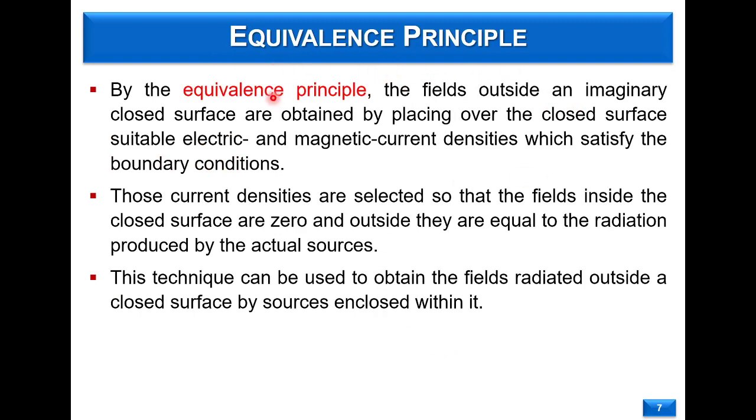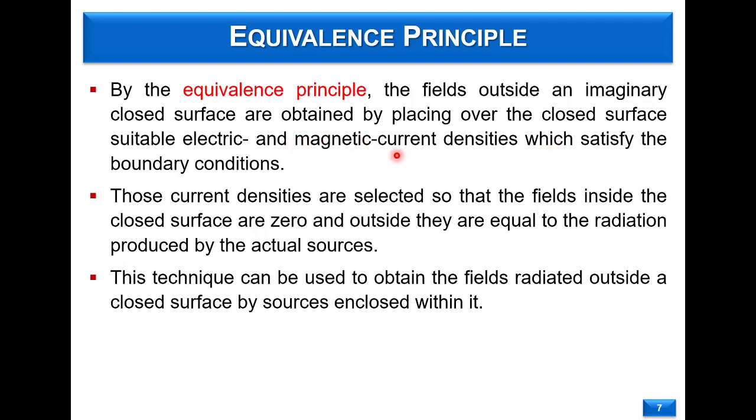The equivalence principle, which is based on the previous two principles, Huygens principle and uniqueness theorem, is stating that the field outside an imaginary closed surface, any closed surface surrounding a certain volume, is obtained by placing over the closed surface, which is the boundary, suitable electric and magnetic current densities which satisfy the boundary conditions. So we know that the surface electric current density is related to the tangential magnetic